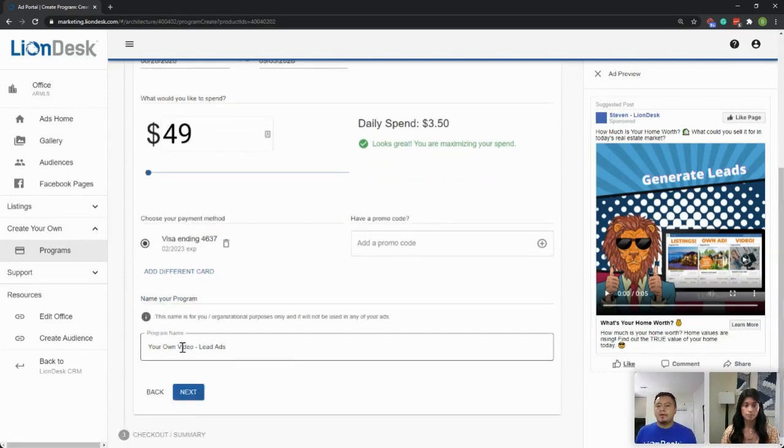Name the program: your own video, lead ads, what's your home worth. Again, you want to make sure that it's unique, because we're going to be using this to create that follow-up plan. That way you're emailing your contacts, calling, or texting them the minute they click on the ad. So we're going to go ahead with your own video, lead ads, what's your home worth,